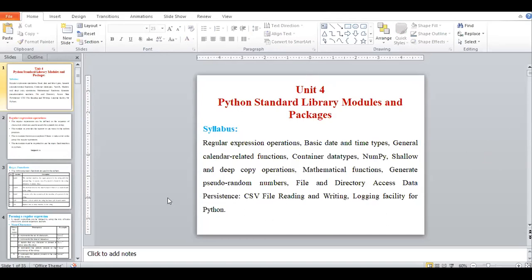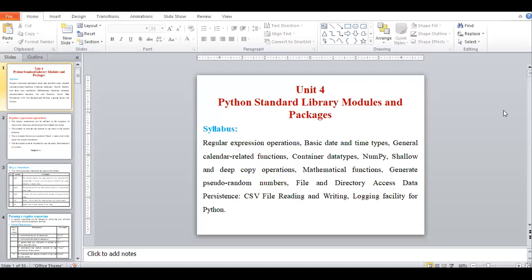So any doubt related to the fourth unit? No, ma'am. Okay, remaining students. Yes, remaining students. Don't put your present in chat. I will already take your attendance. Okay. So okay, I think so.